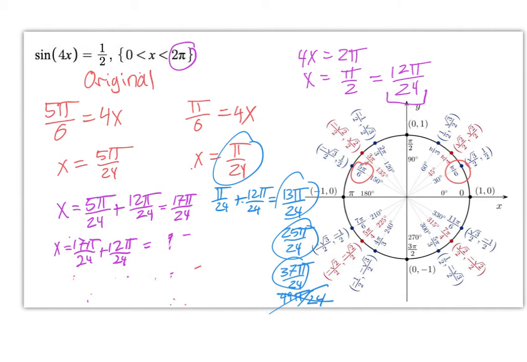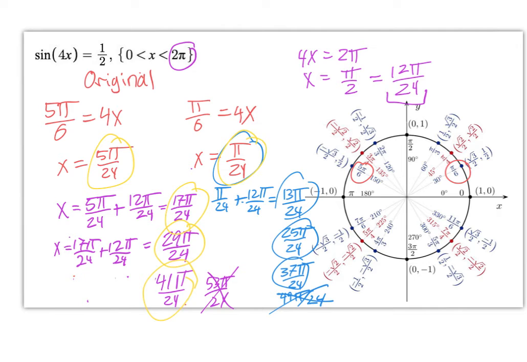Starting with here, because I added and should have gotten 29 and got 39 instead. What that means is that I can add another one and we get 41 pi over 24. The next one would take me to 53 pi over 24, but that one is too big. So the answers for this are going to be 5 pi over 24, 17 pi over 24, 29 pi over 24, 41 pi over 24, pi over 24, 13 pi over 24, 25 pi over 24, and 37 pi over